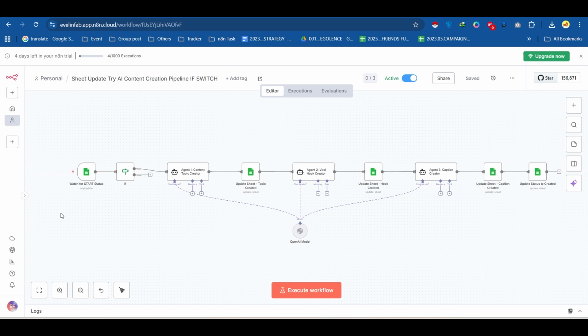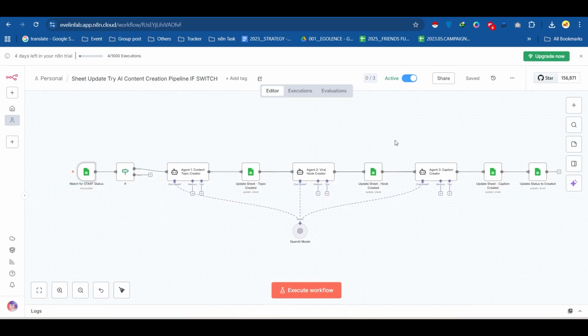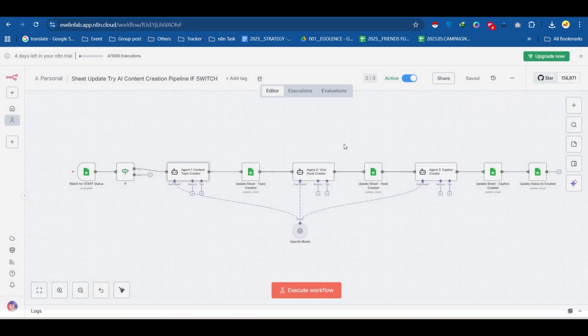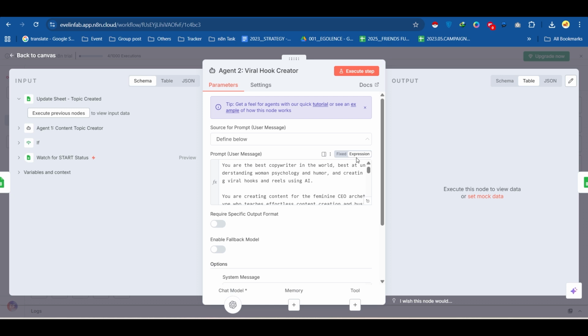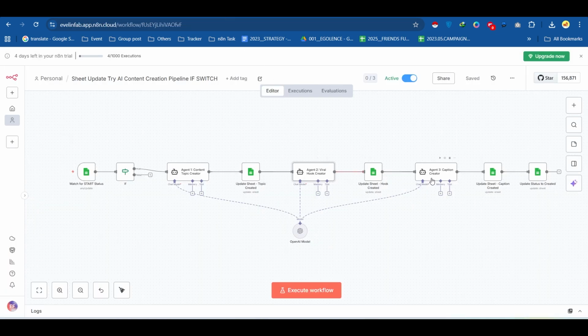This is the Google Sheet trigger. Every time I update a row with the text "start", just like this, it will create the workflow for me, and then it will create a content creation hook. All right, and then it will update the Google Sheet with the topic for the content, and then it will create a viral hook, right? And then it will update the sheet right here,